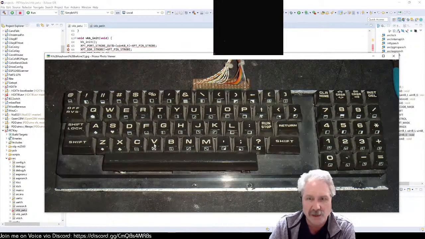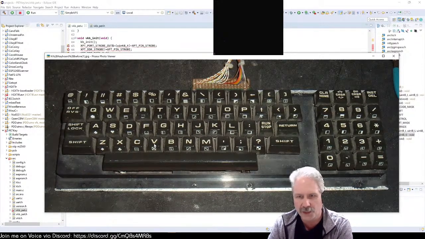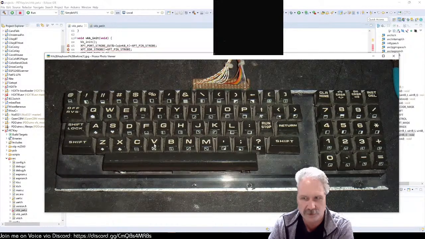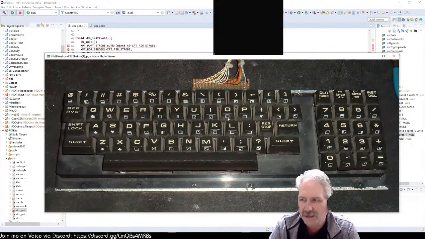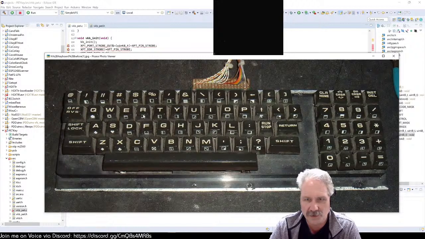When you're done, you look at the whole thing and see what's left. Because this actually isn't as good as the chiclet keyboard, because understand that, like R, for instance, on the chiclet keyboard, I believe, has